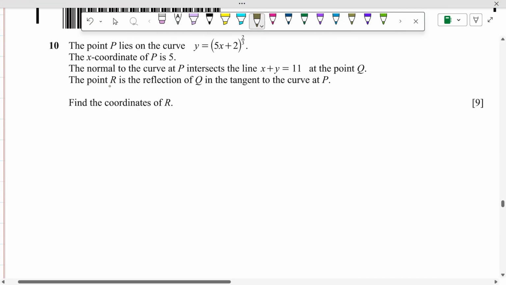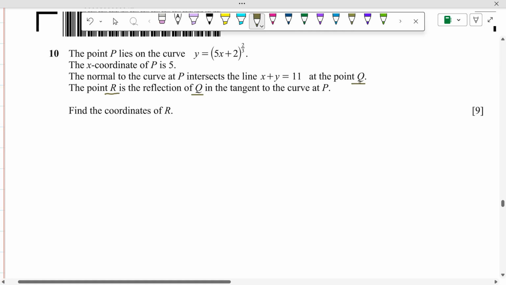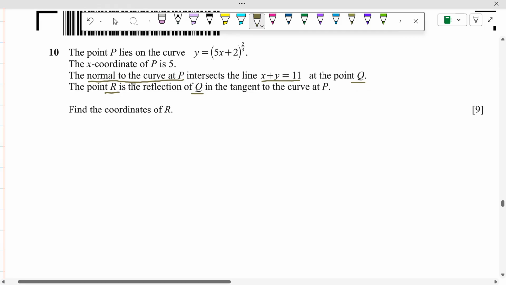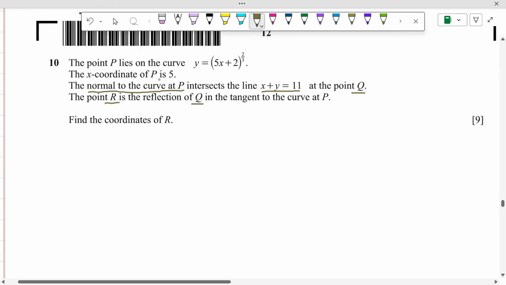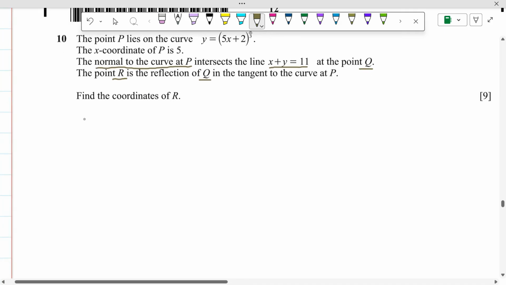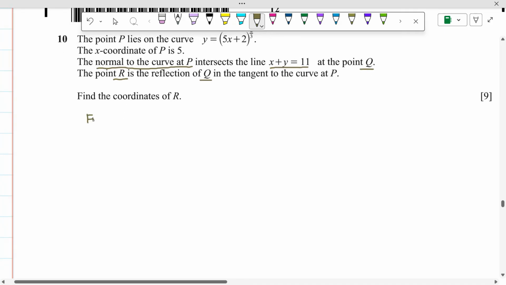We need to find the coordinates of R, which is the reflection of Q. So we need to find Q also, and Q is the intersecting point of this line and the normal to the curve at point P. So to find the equation of the normal, we need the point P and the slope of the normal. Okay, first we find